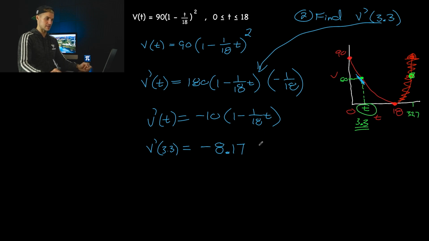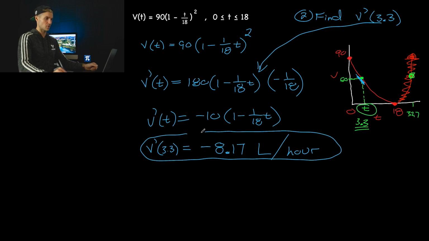And then what are the units? Liters, right? The dependent variable is the volume in liters, and the time is in hours. Or sorry, per hour, right? Per 1 unit of the independent variable. So that ends up being the answer for part B, right? So when the volume is 60 at that specific point in time, or at 3.3 seconds,